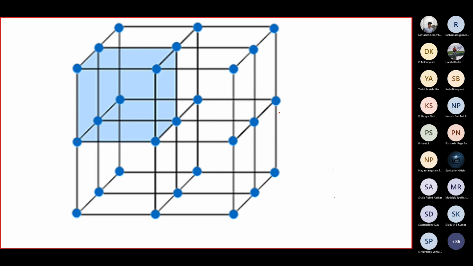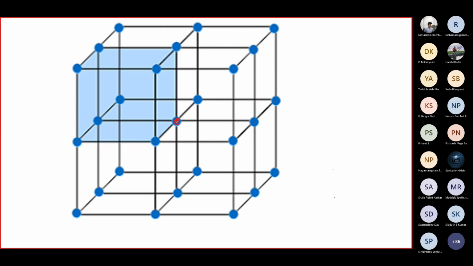Now, let's say for this, for example, what is the coordination number for this particular crystal system? This is a simple cubic. Let us consider this atom. What is the number of nearest neighbor atoms for this? 6, sir. Which are they? Sir, the ones on the same planes. X, Y, and Z.